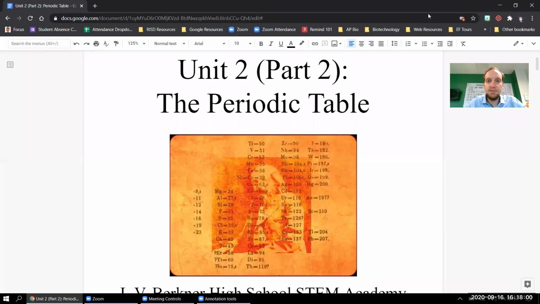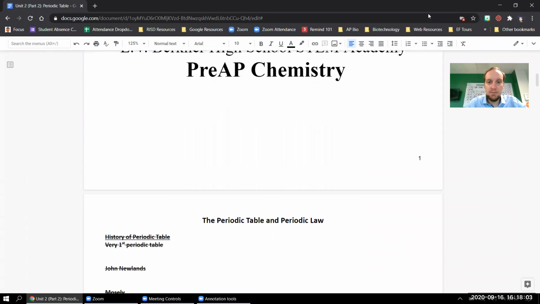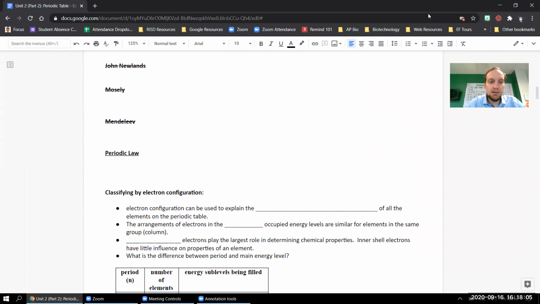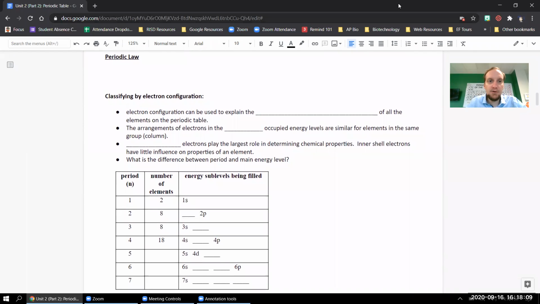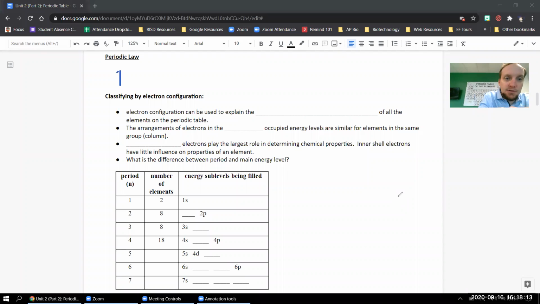Starting the second half of this unit, we're going to start with the periodic law. The periodic law basically states that there are regular and repeating patterns that can be found within the periodic table. So there are patterns that you can learn about, and you can use these patterns in order to predict the